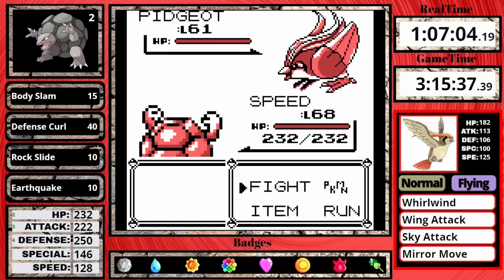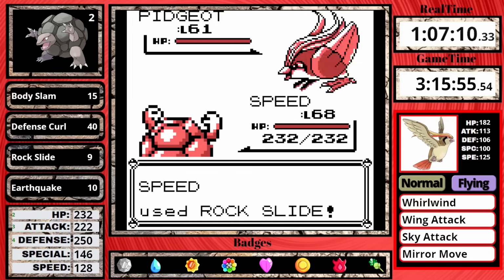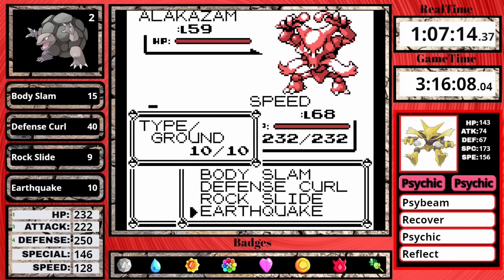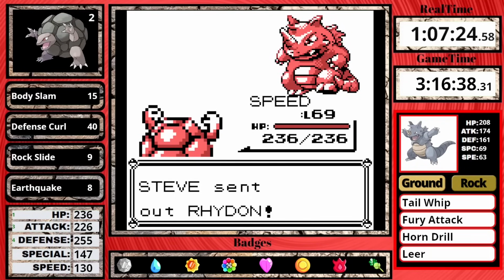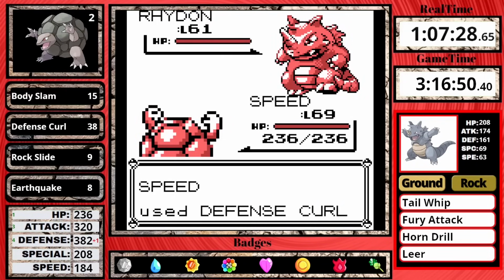Oh, now I teach Earthquake over Dig. Honestly, there was no point in doing it this late into the run. Anyway, on the Pidgeot, it doesn't have Sand Attack, but I decided to just use Rock Slide on it to knock it out anyway. Because here's the reason. I can knock out the Pidgeot, and then I can knock out the Alakazam with Earthquake, although it lives thanks to Reflect. But the reason I didn't set up is because I leveled up right before the Rhydon, so now